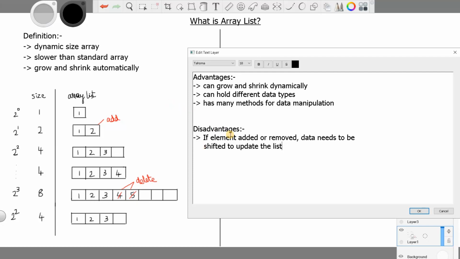And as usual, you can implement all the applications I have told in the standard arrays. You can implement the same for this also. But it has the advantage of growing and shrinking. That is the major advantage. So you don't have to redefine everything and change the size frequently based on the requirements. So it is very helpful. Mostly in competitive programming, I'll be using array list all the time.